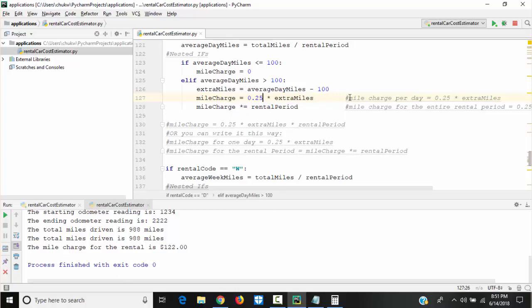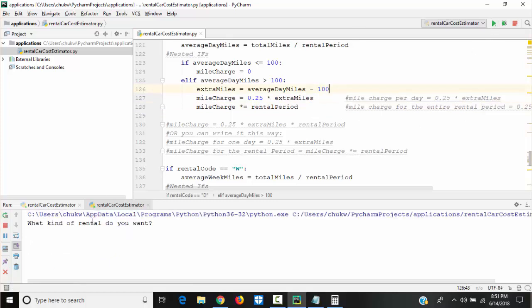I removed times rental period here, but then I came here and put times equal rental period. So what it does is, this mileCharge here will just multiply by rental period, and then it will add it to the new mileCharge. That's what it will do. You also have plus equal, minus equal, divide equal. That's another thing you could learn here. Let's run it.